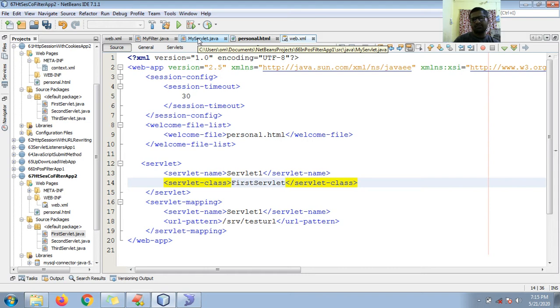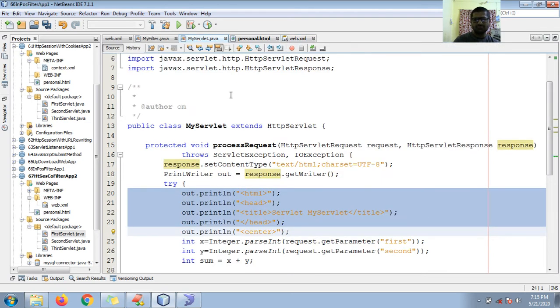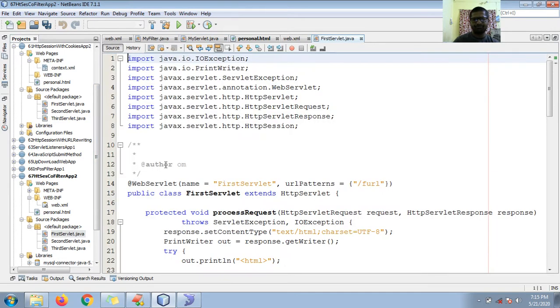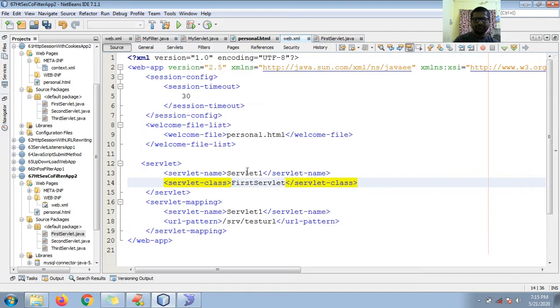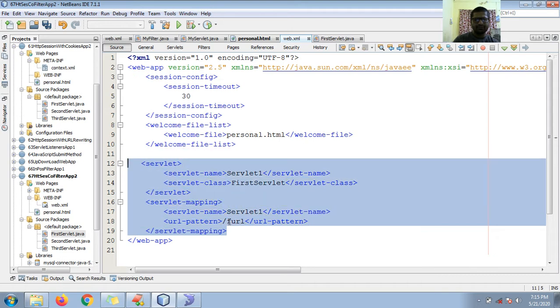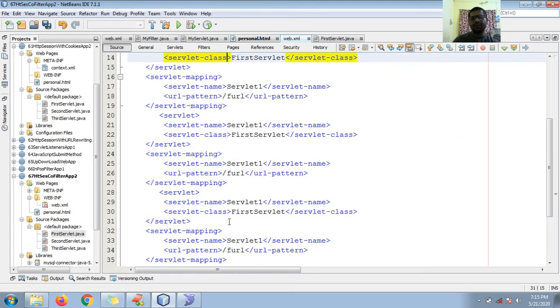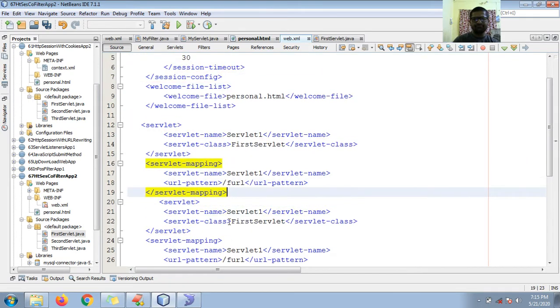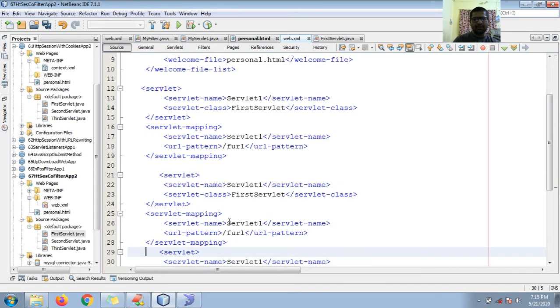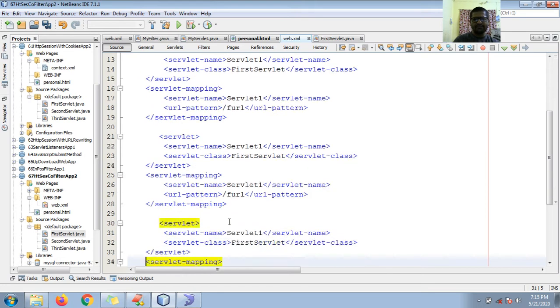I think not my servlet, so I need to open this servlet, the form URL, Control C. So here is the form URL. Okay guys, fine. So Control C, Control V. This is servlet 1, this is servlet 2, and this is for servlet 3.